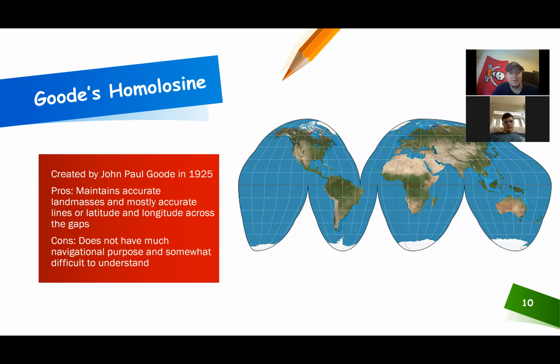Next, we have the Goode homolosine map. This was developed by John Paul Goode in 1925. This projection regains accurate country sizes by adding these interruptions. I think of it as more of a smoother version of the sinusoidal, because it's a little more